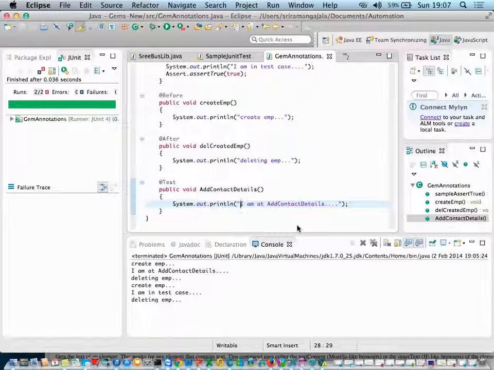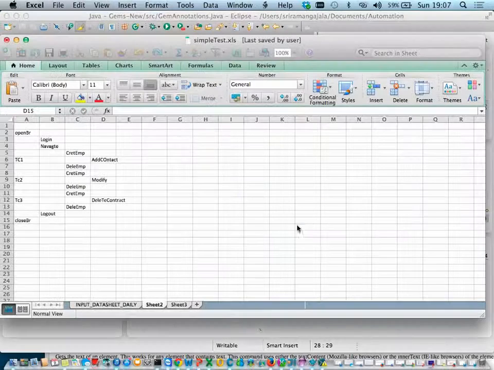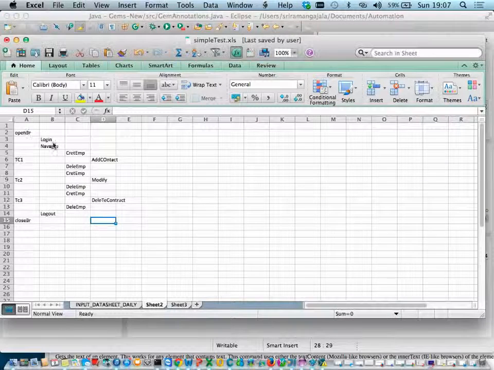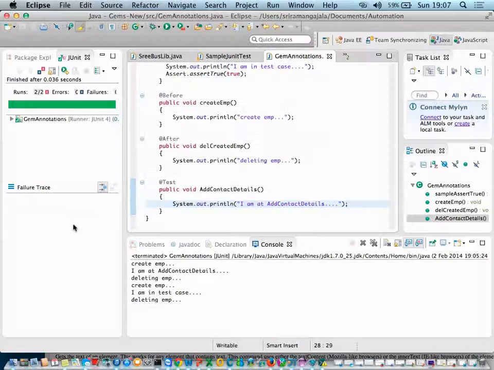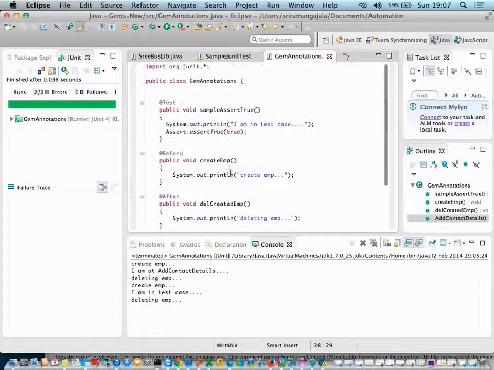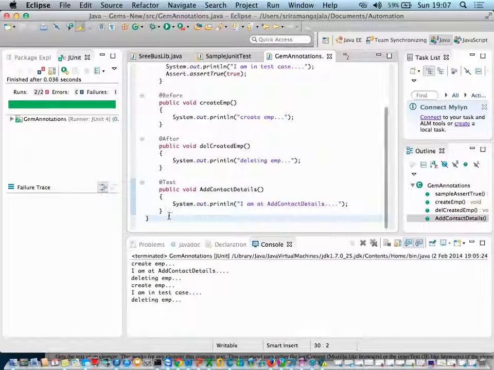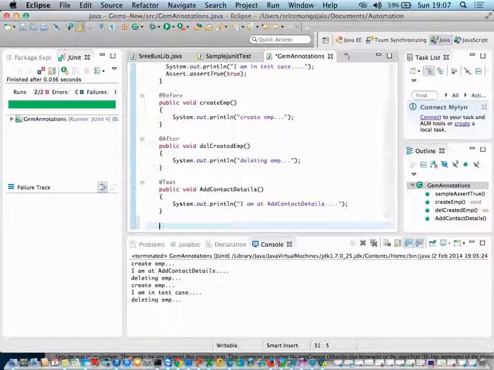The last step should anyway close the browser. If you stop in the middle without closing the browser, that will not make any sense. It will crash your application. So for that purpose, we use what is nothing but your BeforeClass. There is one more method, you can write it anywhere, don't worry. There is something called